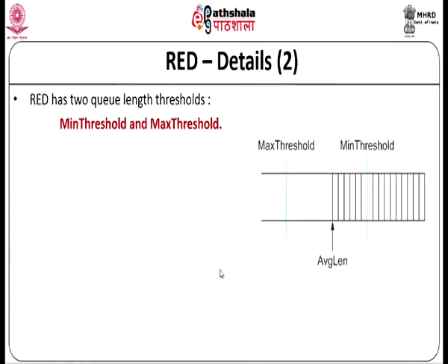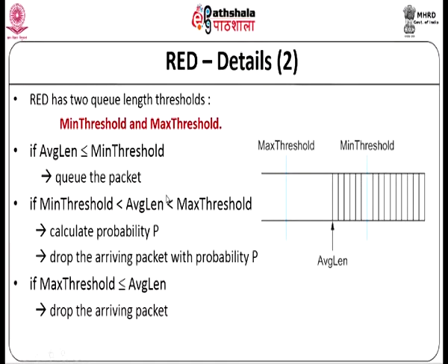Once we have this average length, remember we now use two thresholds, one called the minimum threshold and the other the maximum threshold. The minimum threshold is an indication that things are okay. As long as the average length is less than the minimum threshold, you just keep queuing the packets. We are not dropping any packets. But once the average length is between the minimum threshold and the maximum threshold, that is, in this region,